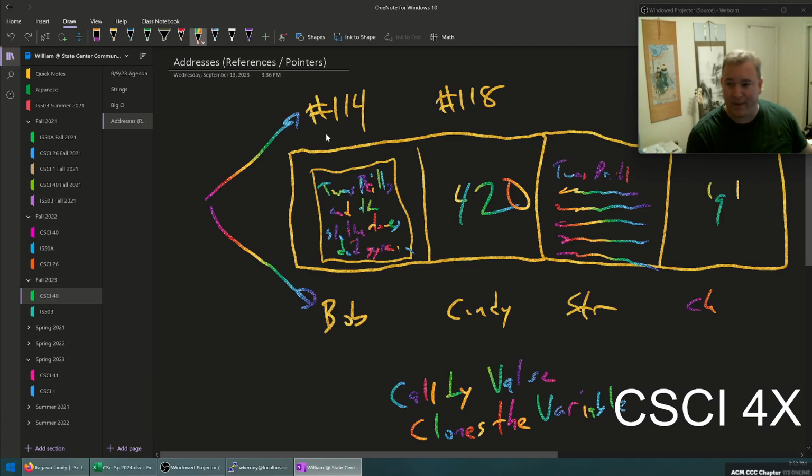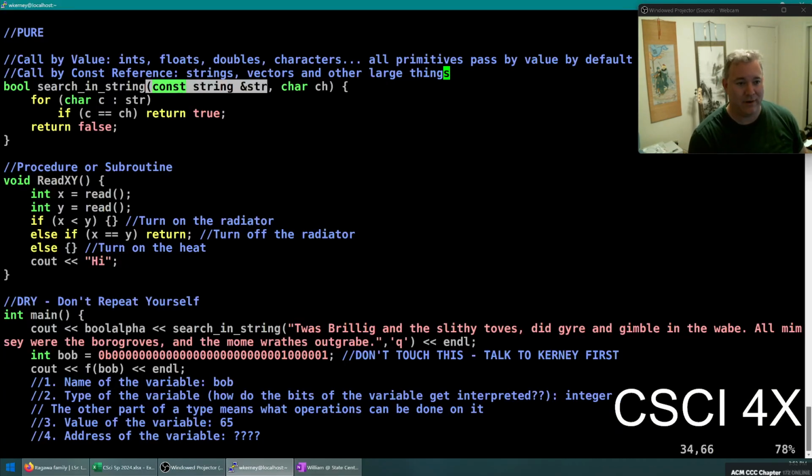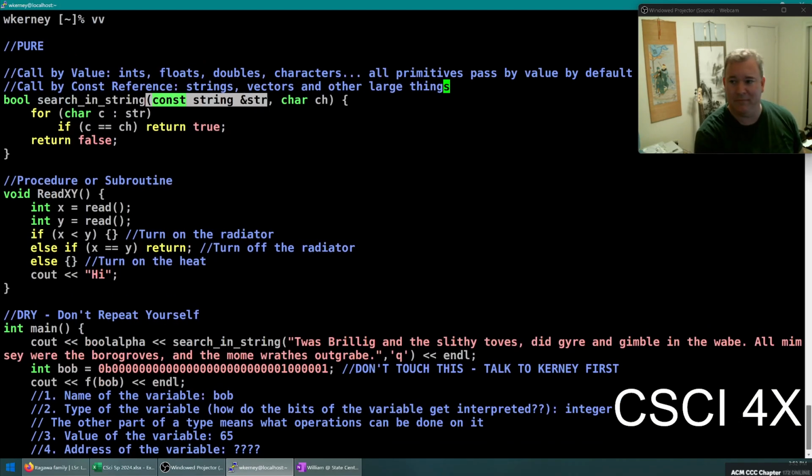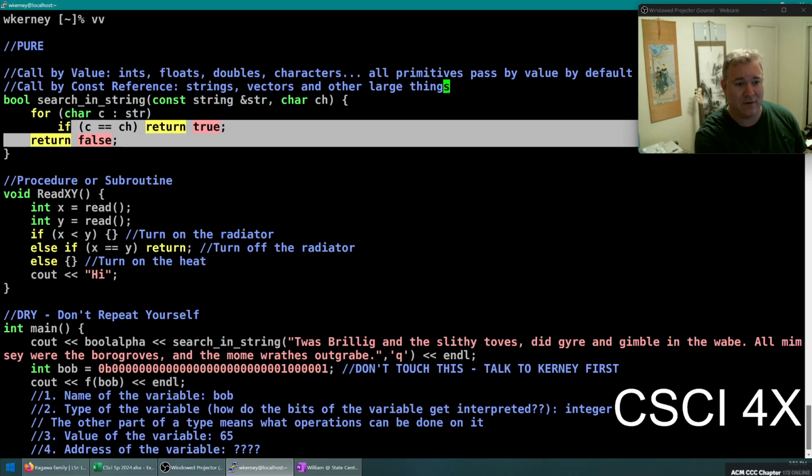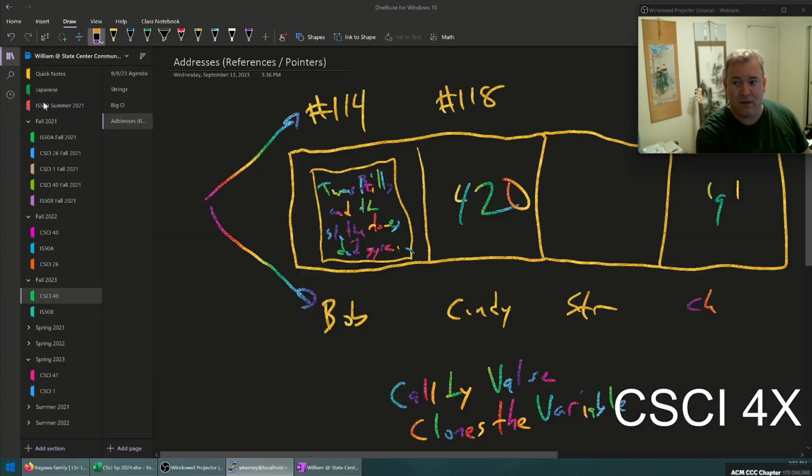What we're doing when you pass in something by reference is, even though it looks exactly the same, do you see that? I didn't change any of the code in here, right? All the code here is exactly the same. Call by value, call by reference, the code's exactly the same. But what happens underneath the hood is this. It is going to pass in 114